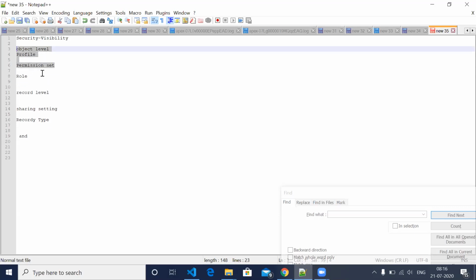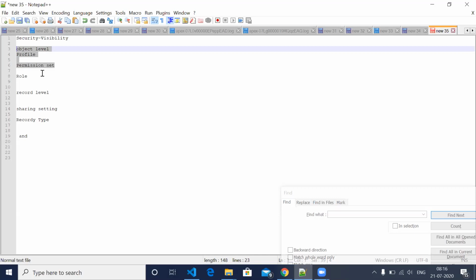What is meant by object level is, whenever you are creating a new object, you have to provide the access to certain people. Very basically, when you are creating it, you can decide to whom I can give access to this object, so it will be visible for them. If you don't want to give it to them, give it to some other people, then you can remove the access from the profile.